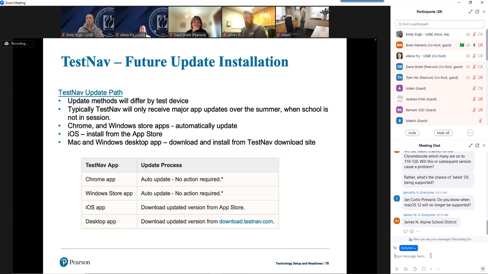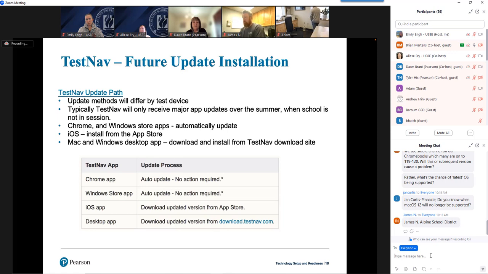Future update installation. People will ask, will TestNav update on my student devices if I had it on there last year? And it can differ by test device. Typically, TestNav only receives major app updates over the summer when school is not in session. Somewhere in July, usually, we release the new version of TestNav that's going to be used for the entire upcoming school year.